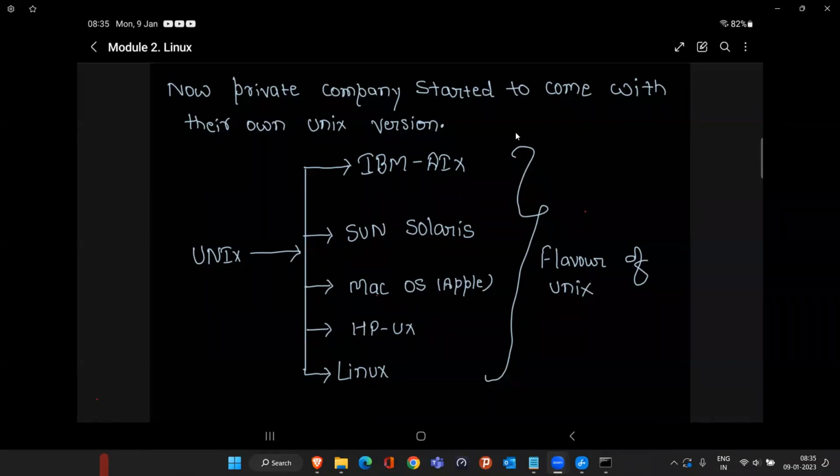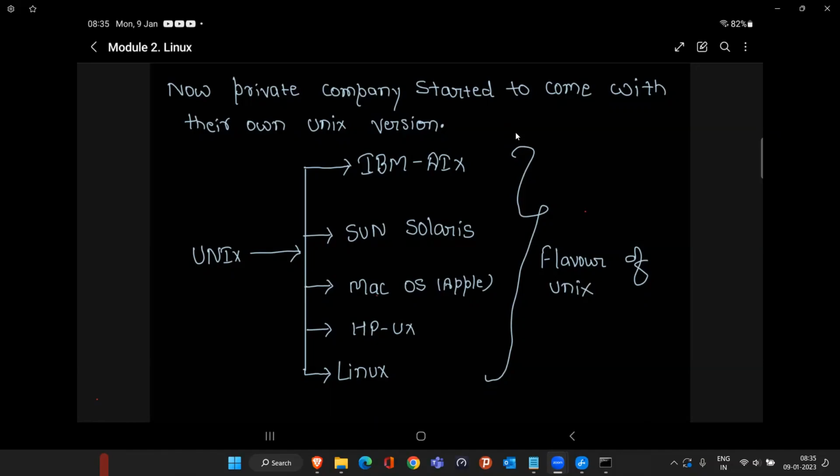AIX. Okay. Similarly, Sun Solaris did that with their own name, Sun Solaris. Similarly, Apple gave the name Mac operating system. Okay, and HP gave their operating system the name HP-UX. And most of the people also say that